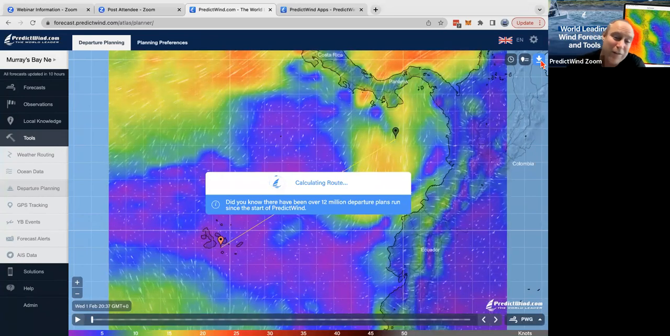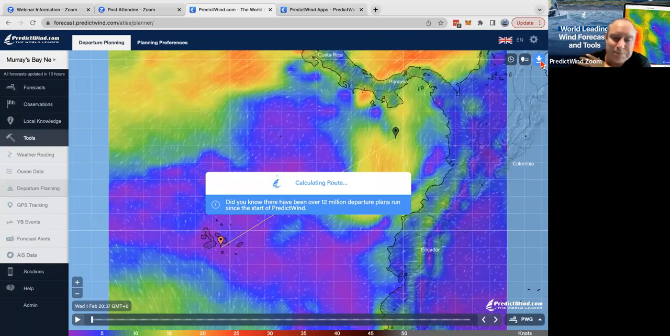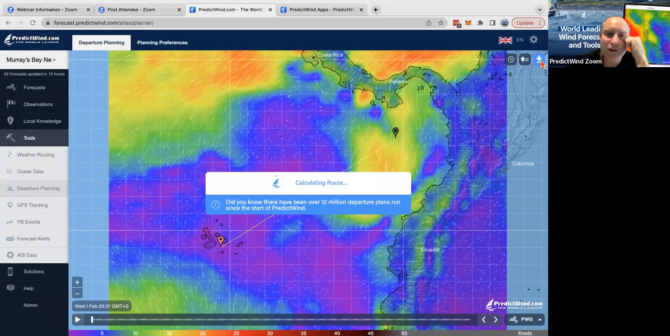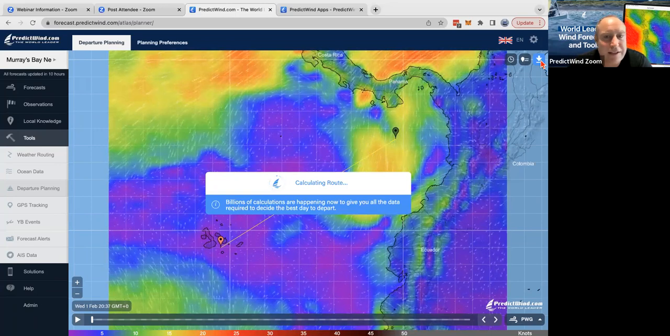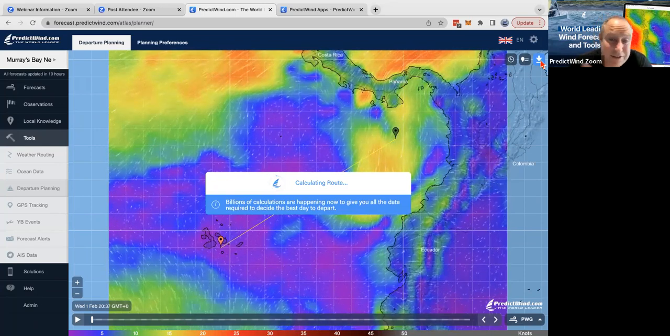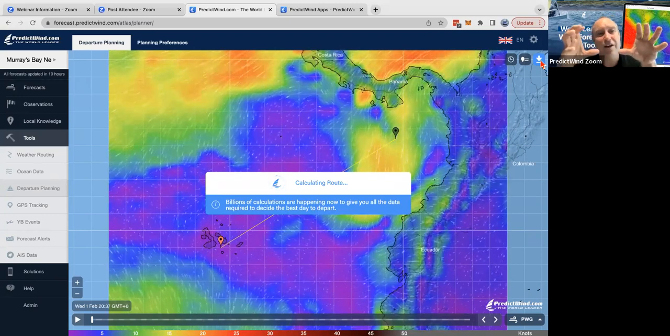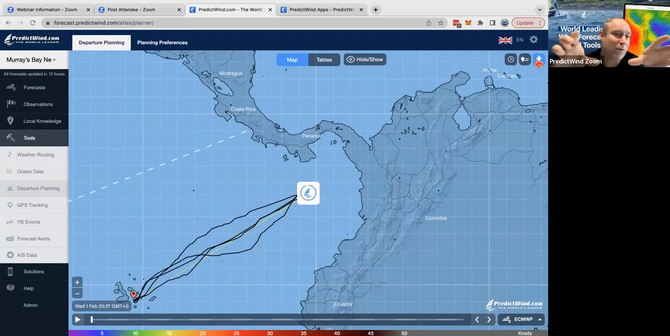As I said, if we do a longer route, then we might have to sail around them, and we'll look at that when we flick over to the offshore app in a minute. So we'll just calculate that route there. It says on the screen there, billions of calculations. That is 100% true. It will calculate any scenario, any possible route,